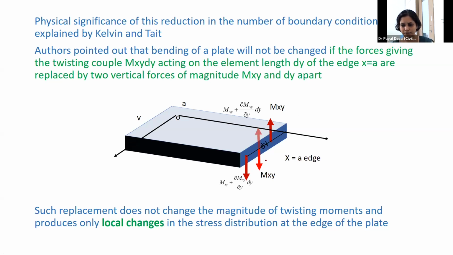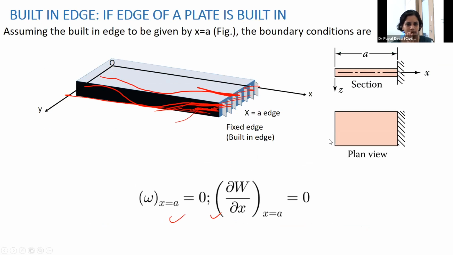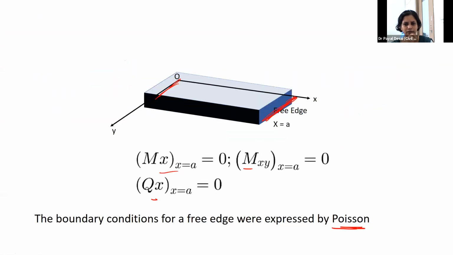And in the entire process, I think I will go quickly because we need to see one example as well. So, the physical significance of this reduction of the number of boundary conditions is on the free support. Not at the other support. At that other support we already have the straightforward boundary conditions. That's the slope in the x direction. Deflection should be zero for the fixed end. But for the free end only, this problem of multiple boundary conditions arises.